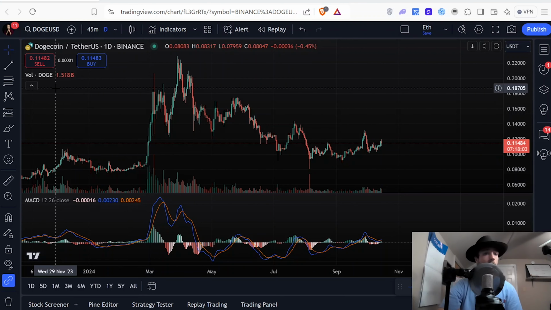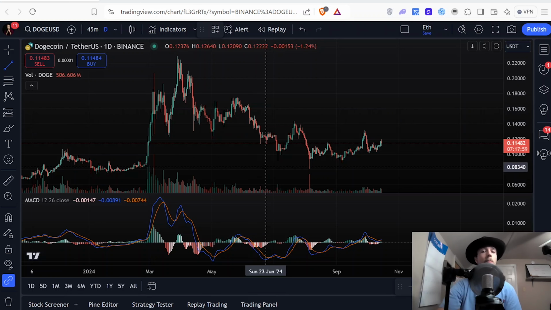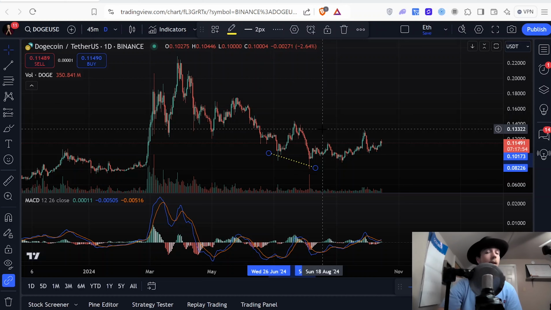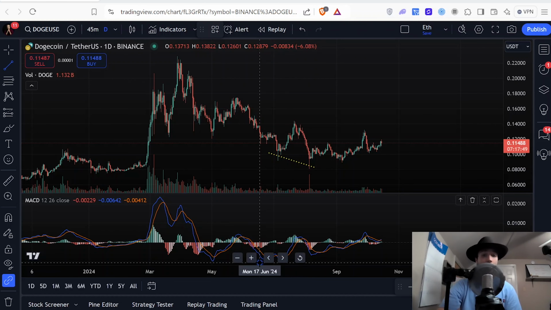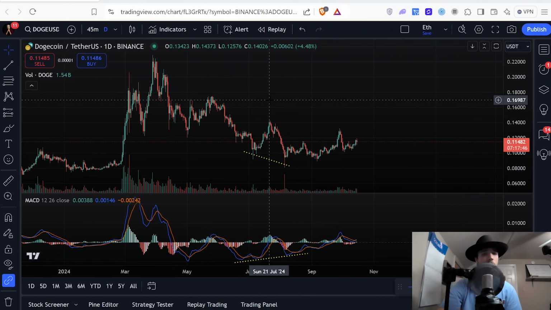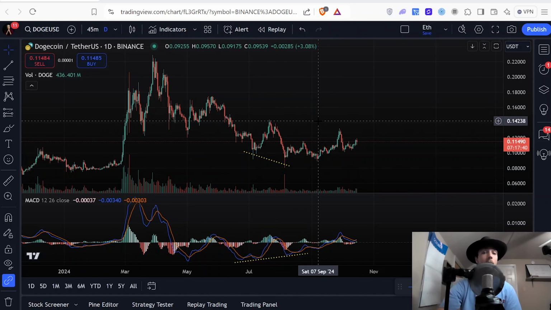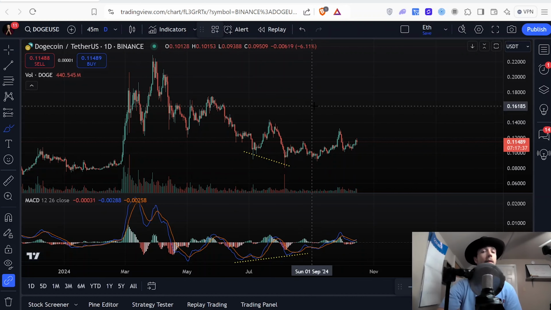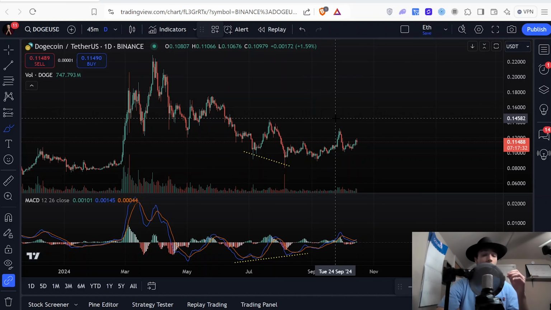So the first thing that we're looking at here today on Dogecoin is the bullish divergence. As you can see, price made a low and a lower low right here on the daily time frame, while the MACD made a low and a higher low right here. So that's what bullish divergence looks like, where price makes a lower low and the indicator makes a higher low. That is a common signal for reversals in the market, and often leads to a big bullish